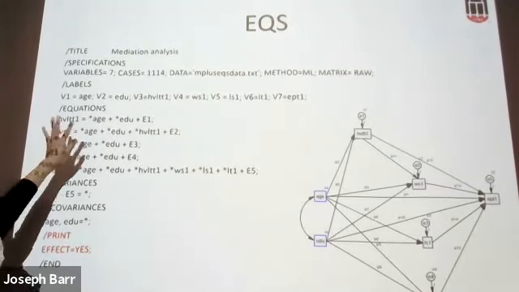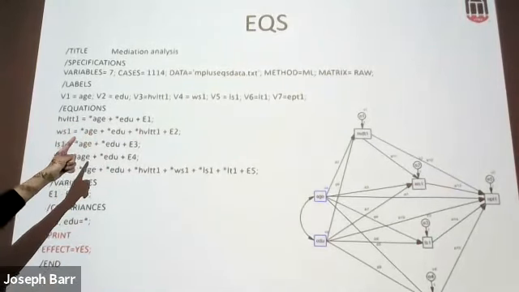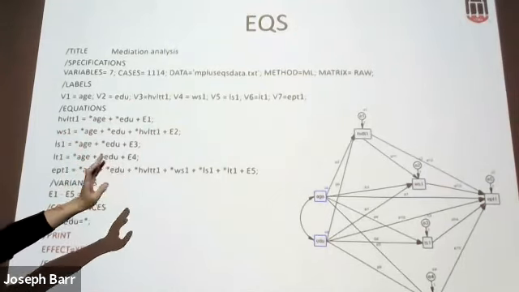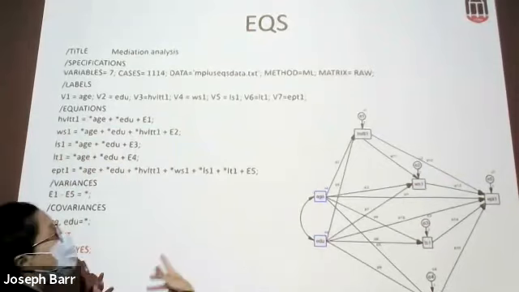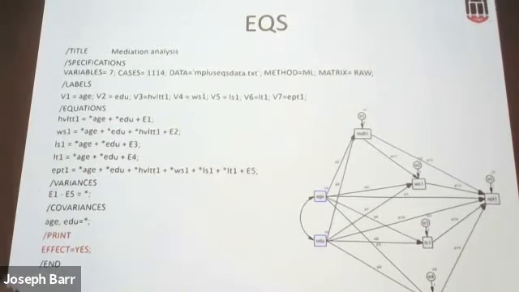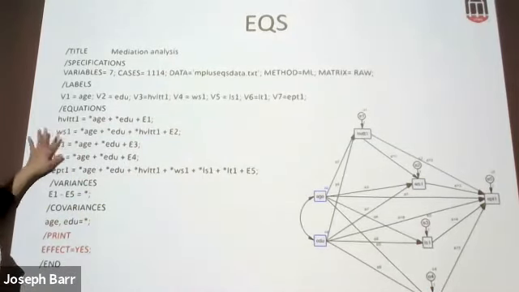So yeah, in the very beginning part of title, specification, 7 variables, okay, number of cases, sample size 1,114, data set, method, matrix, variables, you're gonna rename your variables by using V, okay? V1, V2 to V7, equation, that's it, okay? Just like Mplus code,